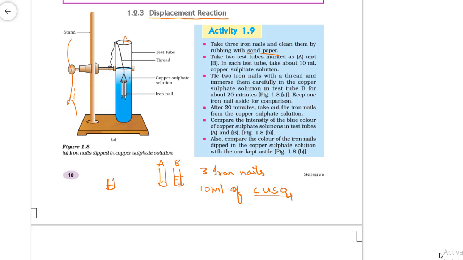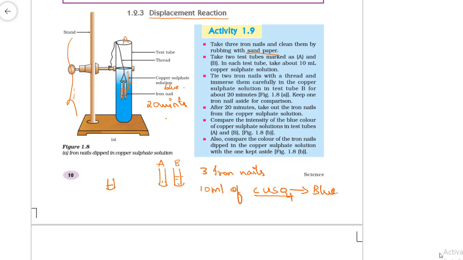So this copper sulfate solution is blue in color. We are going to see the solution is in blue color, okay? Now with the help of the thread, we are going to take 2 iron nails and insert them in the test tube. After inserting, without disturbing the test tube, keep the test tube with the nails for 20 minutes. After 20 minutes, you are going to see that there is a brown color layer deposition on the nails.